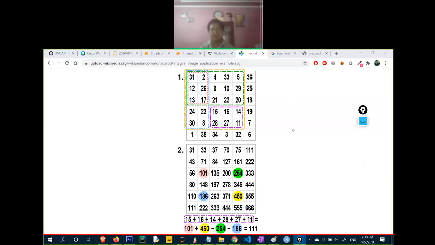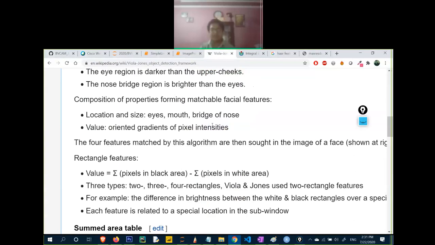Clear everyone? Give me a confirmation. Those first 2 points are clear: what is Haar cascade, and then second, what is integral image. So why did we move towards the integral image? The one thing I'm telling you right now is the background of how face detection is done. We do not have to implement these mathematical calculations, but this is the maths that Viola and Jones implemented before this part.